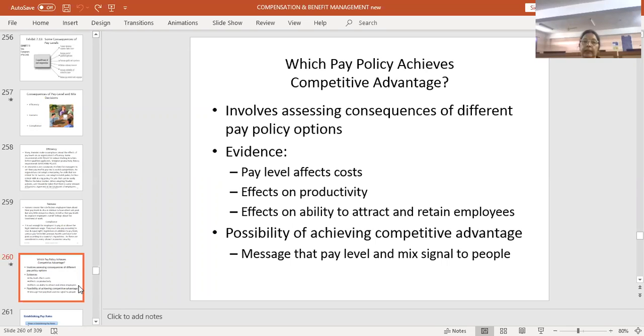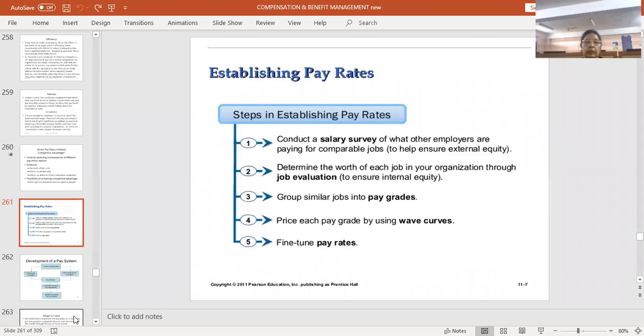So, whatever pay level and pay mix you are deciding in your organization, it should send signals to potential employees regarding what kind of an employer the company will be. Whether it will be an employer that is friendly towards employees, gives fair treatment to employees, wants to satisfy employees, or is it an employer who is not bothered about employees and who wants to give unfair treatment